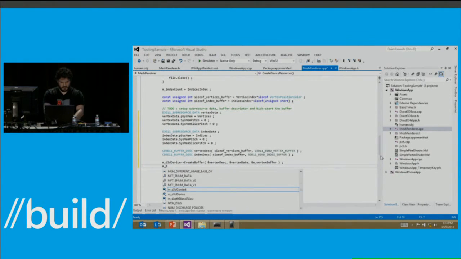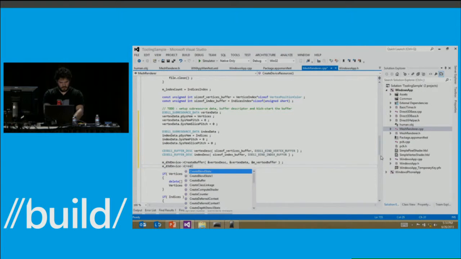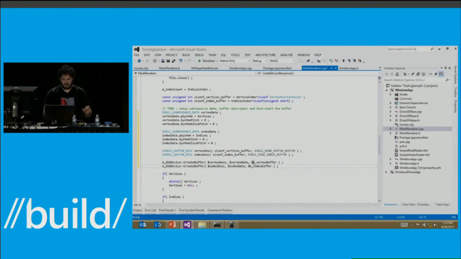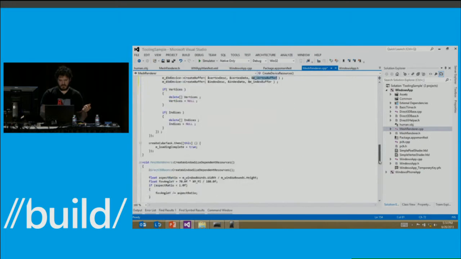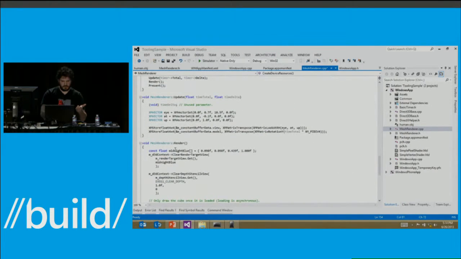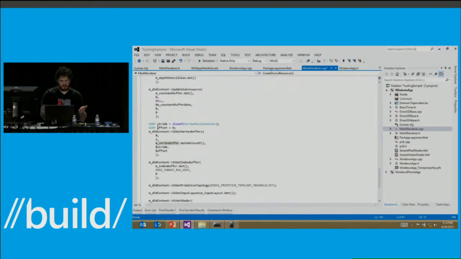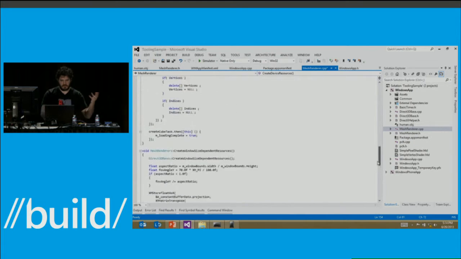Let's construct the same buffer now for my indexes. So my index descriptor, my index data, and then my m_index buffer, which is also a D3D object. Now, this new guy that just showed up right here, this is basically my D3D buffer object, which, as you can see in my render function, is exactly the one that I'm using to set in the vertex buffer, calling draw, and so on and so forth. So I loaded up the file,